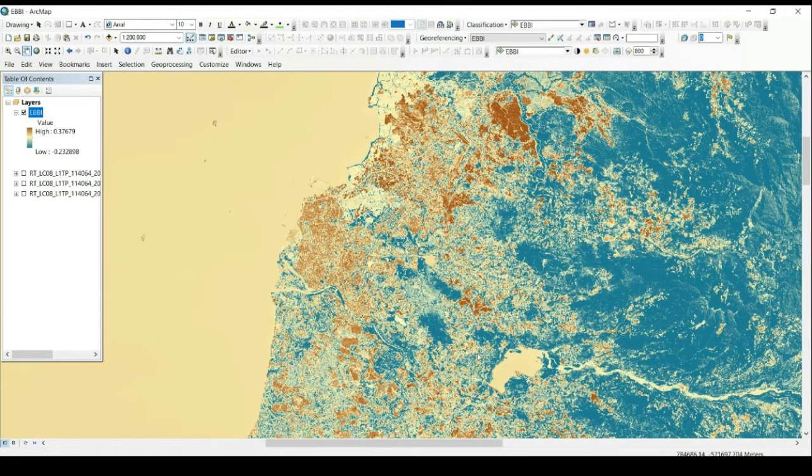Okay, this is a very simple analysis, but the result is very amazing. We can easily map the built-up area and the barren area in order to find the best result. And for me, this is one of the best methods for detecting and mapping the built-up index and the barren index. So that's all.